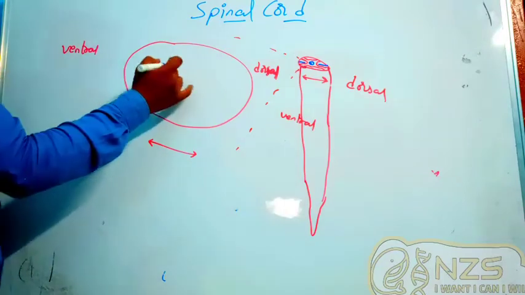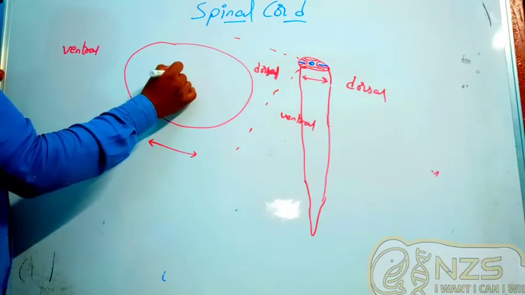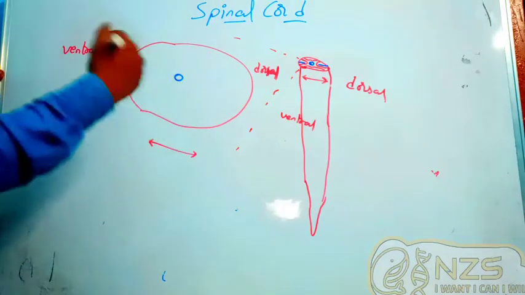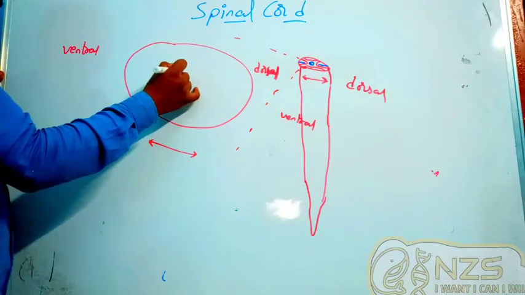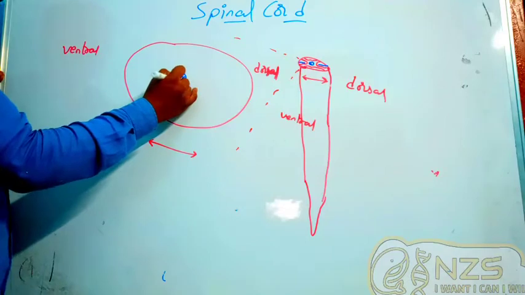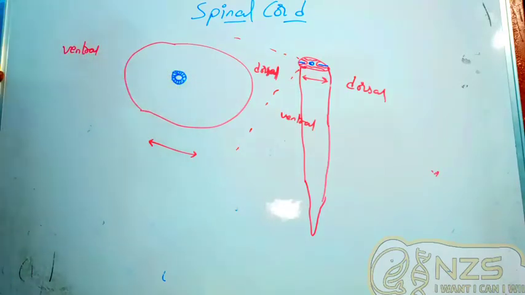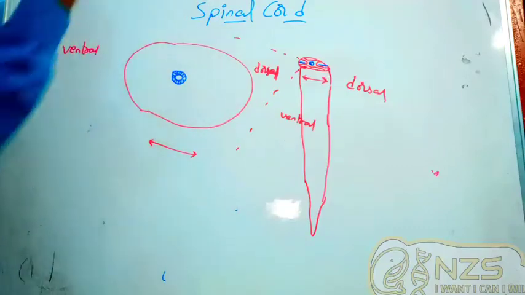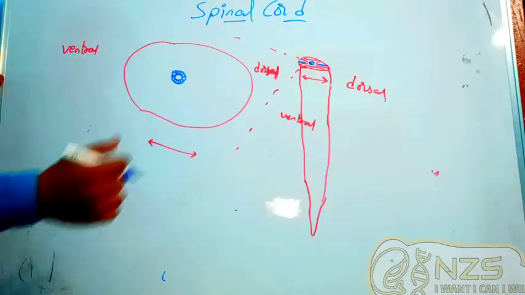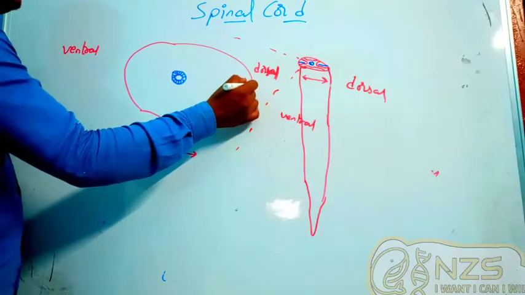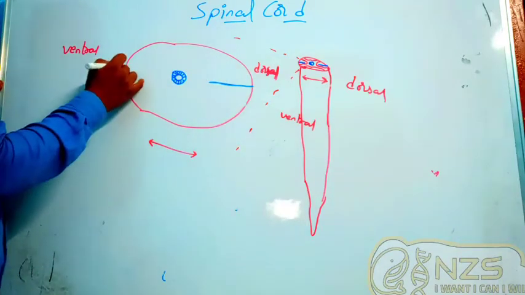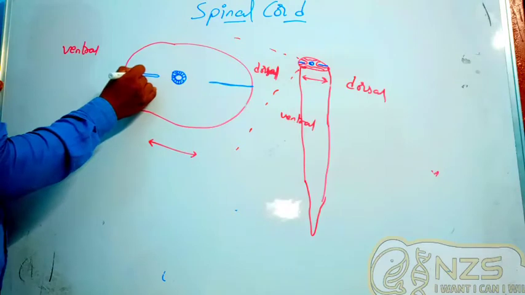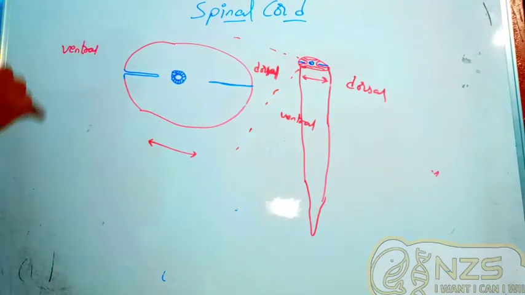So in the center we can see a central canal through which the CSF flows, and the central canal has a line of ependymal cells, the neuroglial cells with the ciliated ependymal cells, which will make the CSF flow through the central canal. And as we have discussed, we can see a dorsal fissure and a ventral fissure.